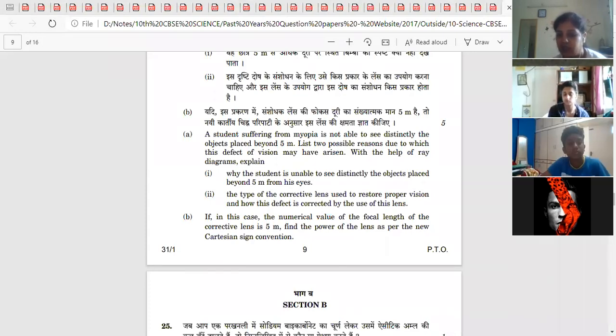Ma'am, can you give another example of a mild edible acid which can be used instead of citric acid? Tartaric acid. Citric acid. Okay. Vinegar. Vinegar is there. Citric acid is there. Oxalic acid also can be used.